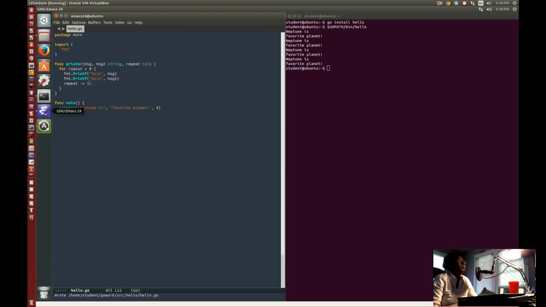So what else can we do with functions? Okay, so now we've done that. So now let's do an error. Say that we're going to make the function return an error. If this function returns an error, and let me just take this back to its original form. Okay, Neptune is my favorite planet, and Neptune is,